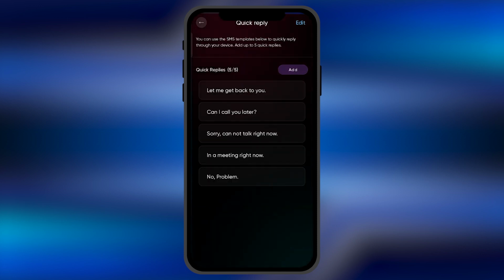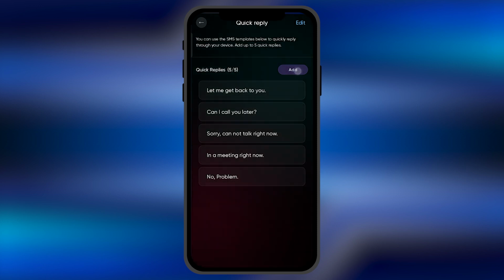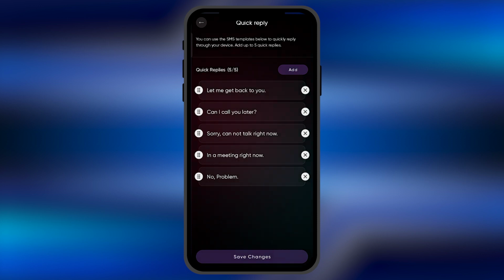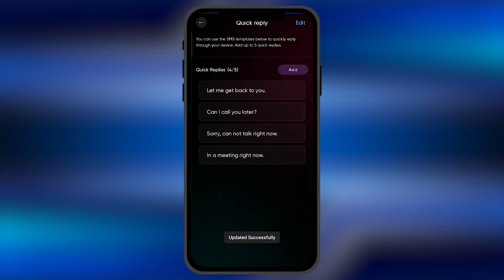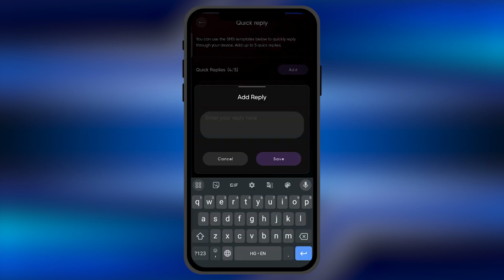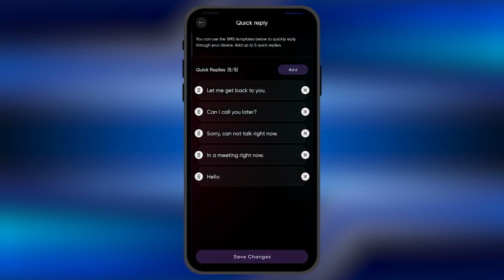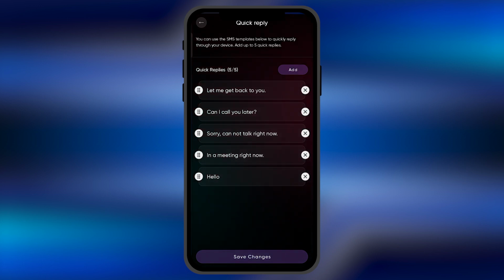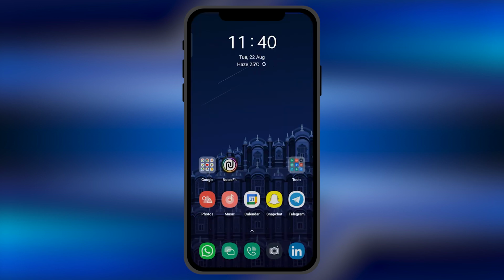Just simply click there, and from here you're gonna see the 5 default options of quick reply. You can either add another, or you need to remove some of the quick replies. For example, if I remove this and save changes, now I can add another quick reply as well. I can type anything I want. Let's say I type hello and just simply hit save. Now whenever I cut a call, I get an option of sending quick replies, and my custom message is going to be there only. So I just need to hit save changes, and once it's done, you can see